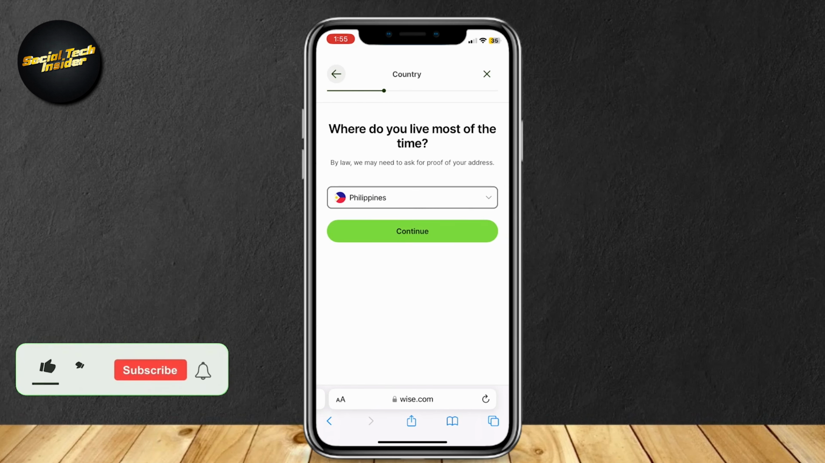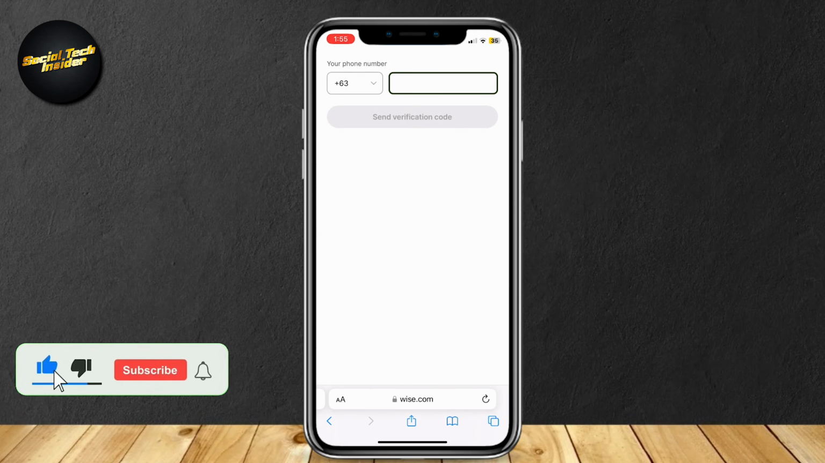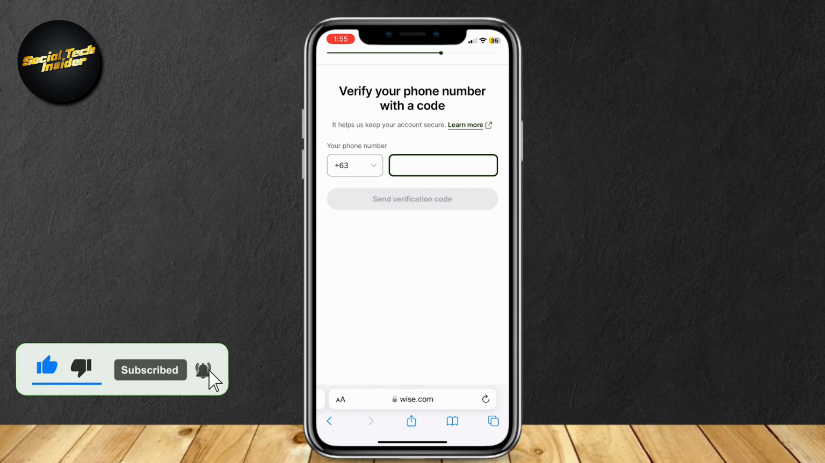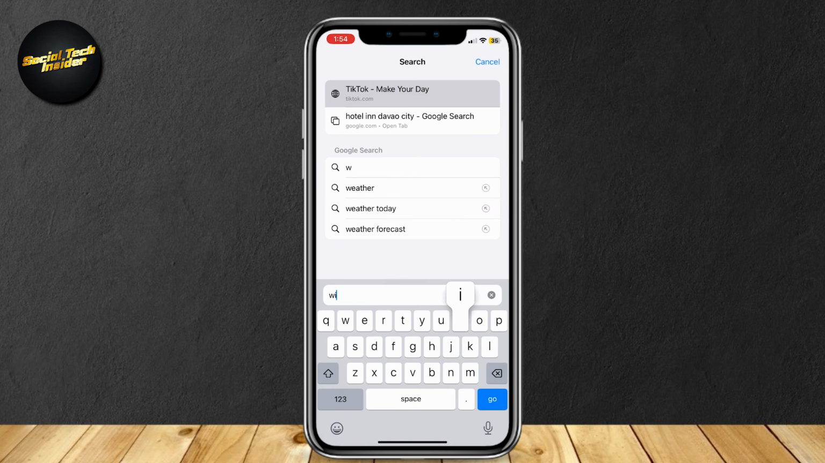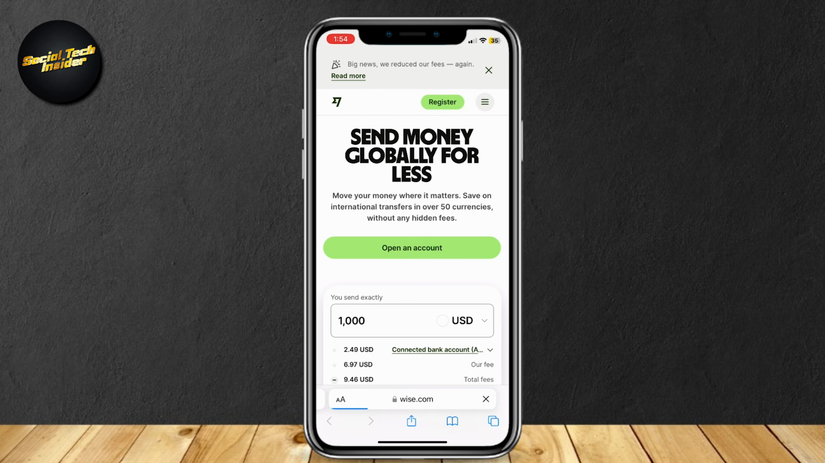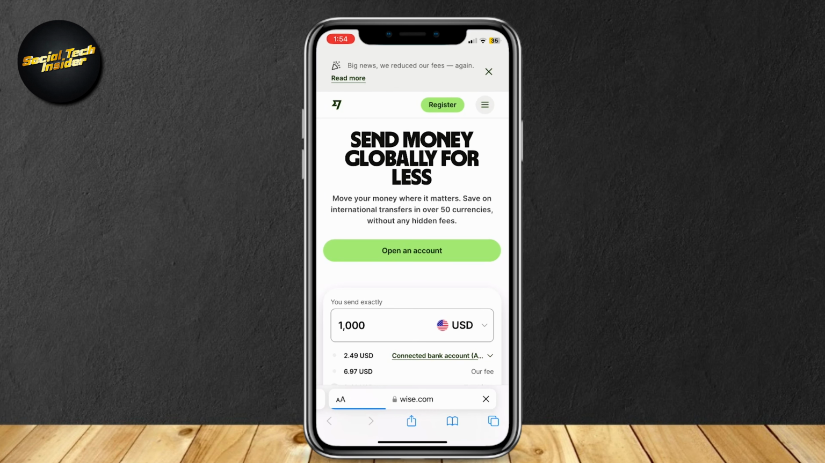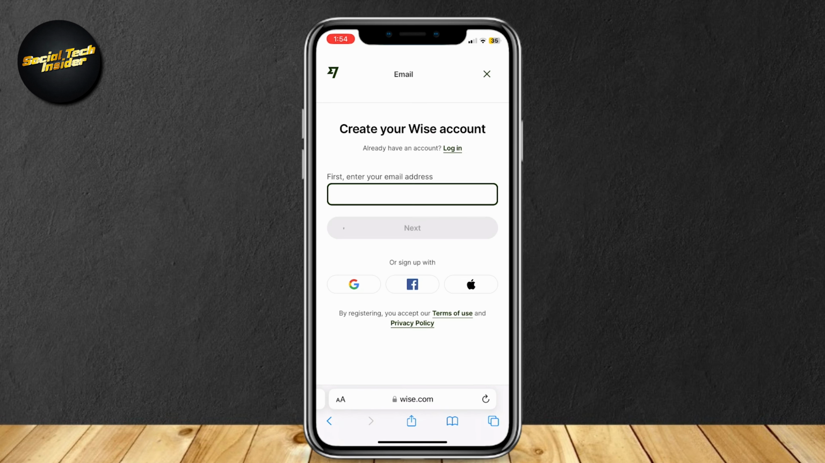So this is how you can receive money using your email or even your phone number on Wise. I'm gonna go ahead and open up the browser and then search up wise.com. So now that we're here, as you can see, you can go on ahead and register or open an account or just log in. But I'm just gonna go ahead and open an account,